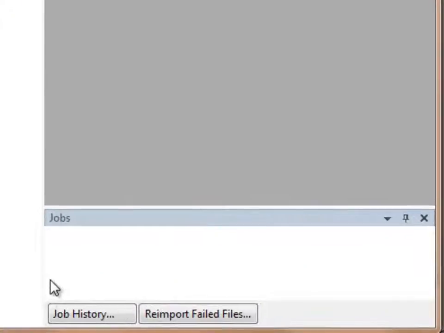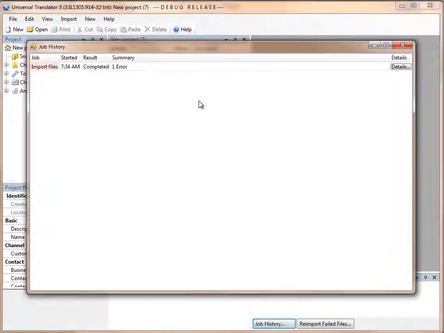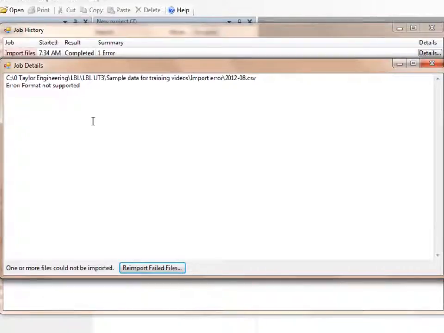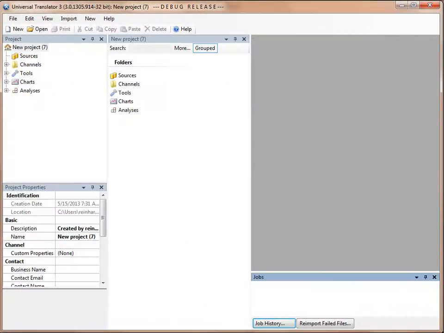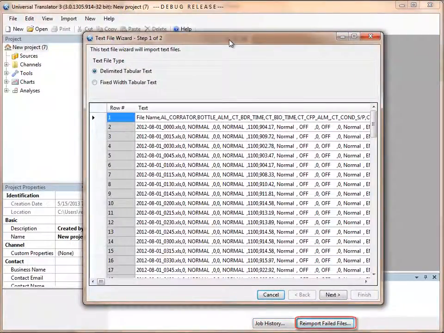The import fails, and you can see down here in the job history button there's an exclamation mark that shows that there were importing errors, and when we click on details it says the format was not supported. Automatically there's a button here that says re-import failed files, or if you don't go into this dialog, that button is down here as well. When you click on that, it'll automatically open the import wizard